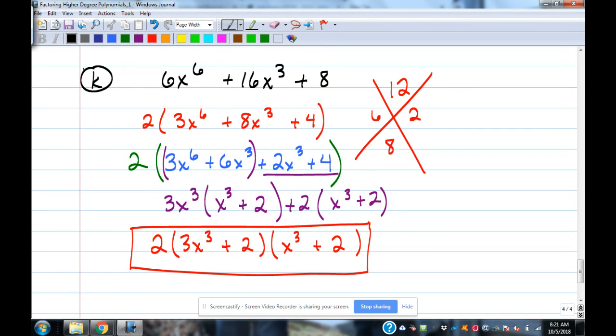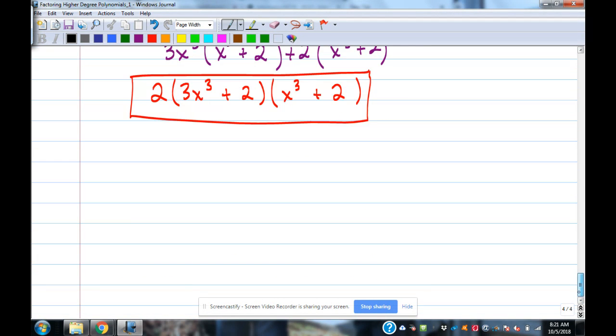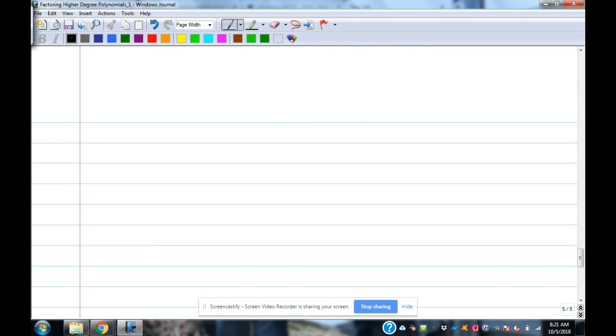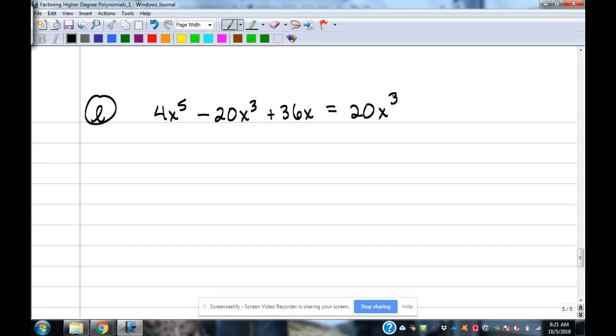Let's solve some polynomials. Do a few of those real quick, and then I'll let you do some practice. 4x to the 5th minus 20x cubed plus 36x equals 20x cubed. All right, so here we're solving, okay? So if we're solving,